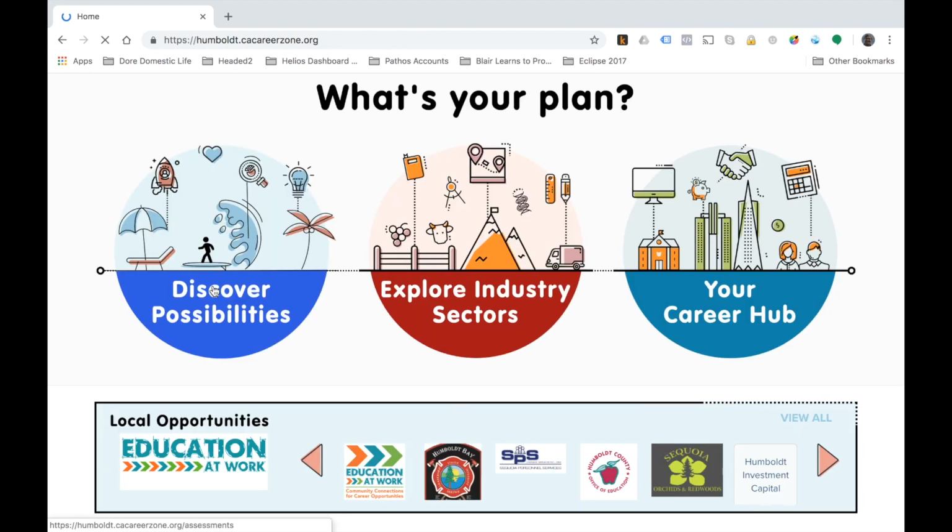So how would we use local opportunities? Well, let's say you're a district or several districts that have relationships with the private sector, with companies that are willing to offer field trips or apprenticeships or job shadows or even visits to your local schools to speak to students about what it is everyone does at those companies. What you'll want to do is make it easy for students to know that those companies are out there and that those opportunities are out there.